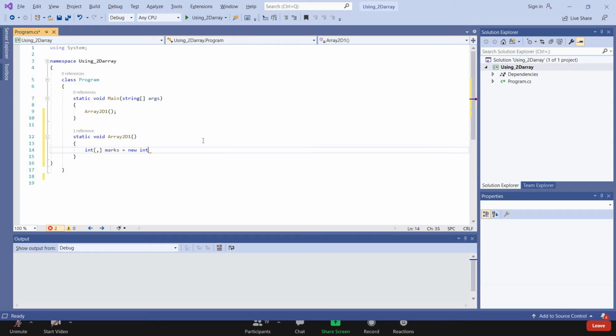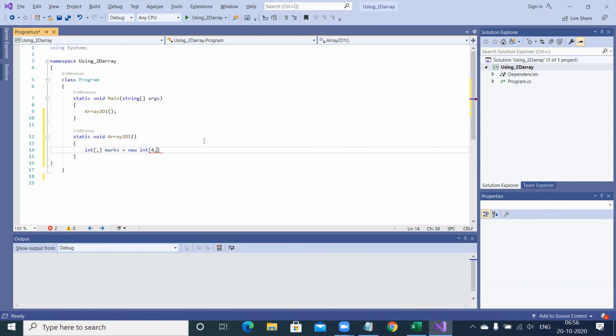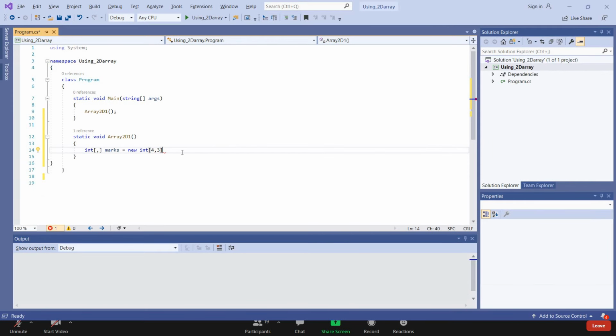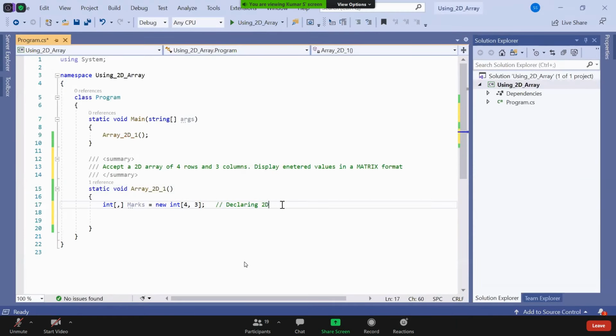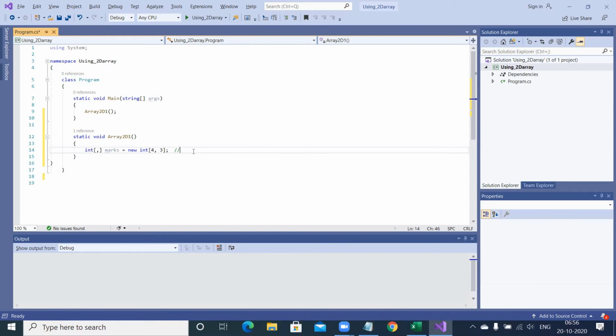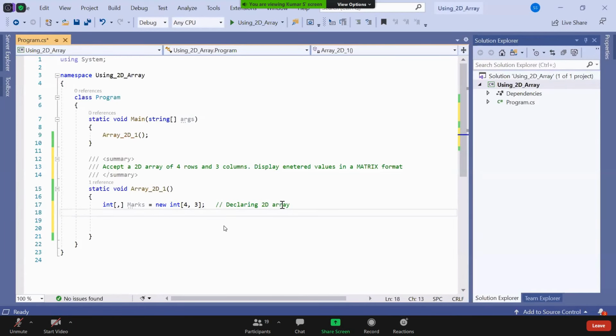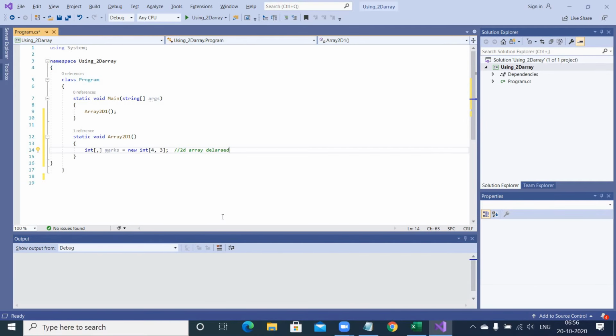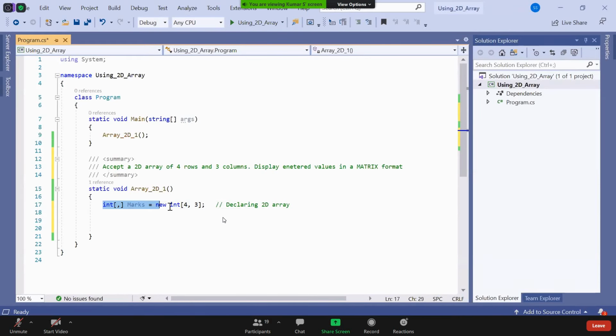Okay, so each and every thing that we are mentioning, you must understand why you are mentioning. So this is called declaring the 2-dimensional array. Declaring 2D array means allocating the memory inside the random access memory for a 2-dimensional structure like 4 rows and 3 columns. But values have not been given. Suppose this is the only line in my program, nothing else. Then what will happen, do you think?